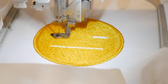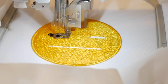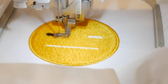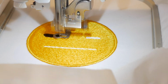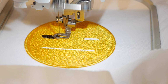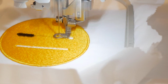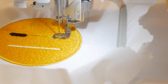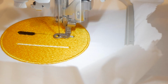have any pull in them. All right, so you want the stitch that's going over top of those holes to be a little bit larger, so there's no gaps. Digitizing tip for you guys: there's no gaps, because sometimes the thread underneath can pull, and when it pulls, it makes the holes a little bit wider than